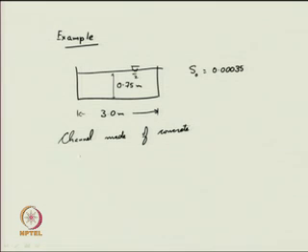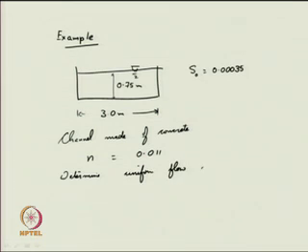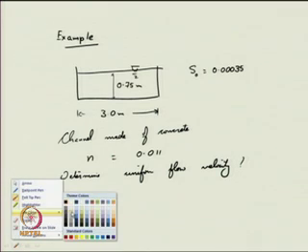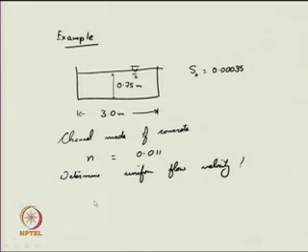So, for design purpose, you may take the Manning's roughness coefficient as 0.011 for concrete. Then determine the uniform flow velocity. Now, it is up to you to determine the uniform flow velocity. How will you compute the uniform flow velocity now? Let me give you the solution. You know,